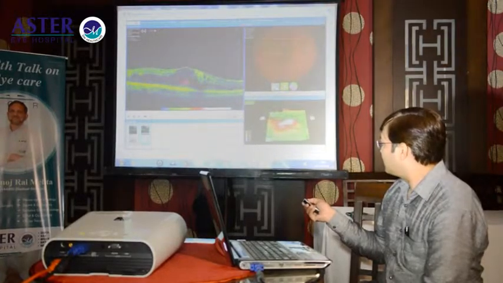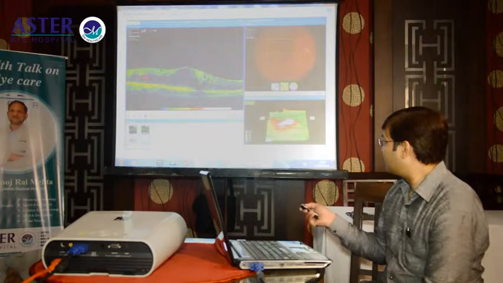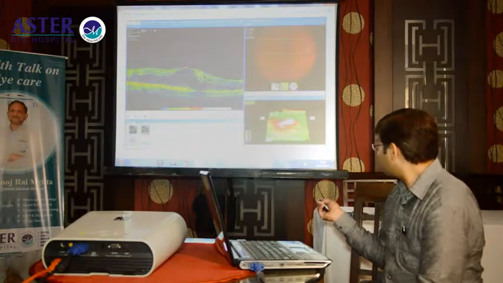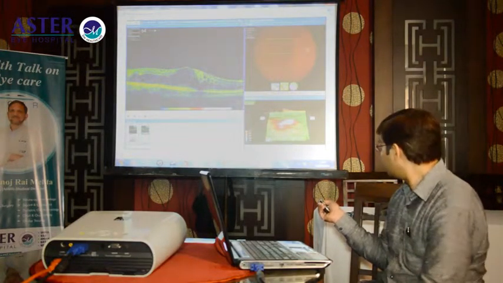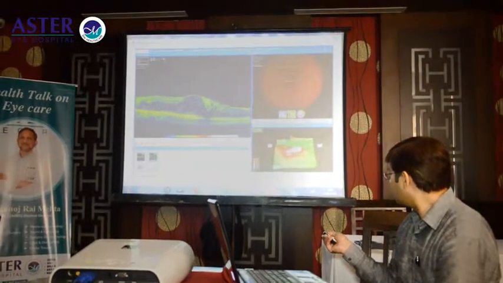In this patient, we see that there's a large cystic cavity in the retina here, and there are other cystic cavities here, and all this is diffuse retinal edema. This is a 3D extrapolation, and we can see that instead of a foveal pit being present here, there's a kind of hill-like structure here, and the reddish area is graded.